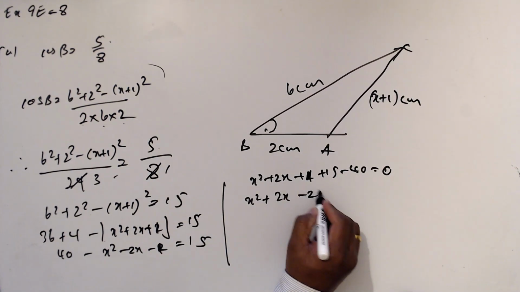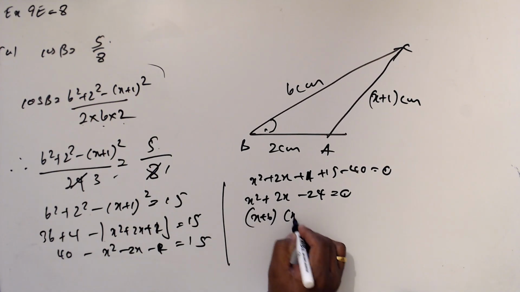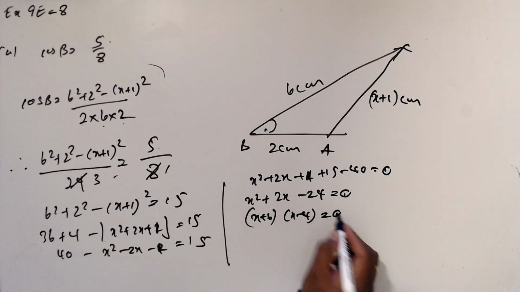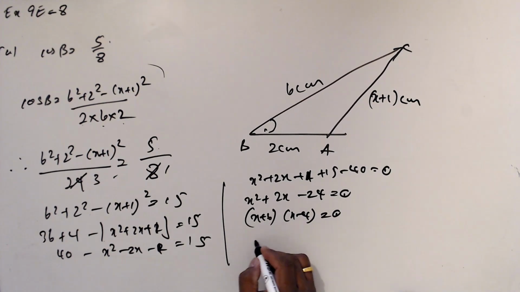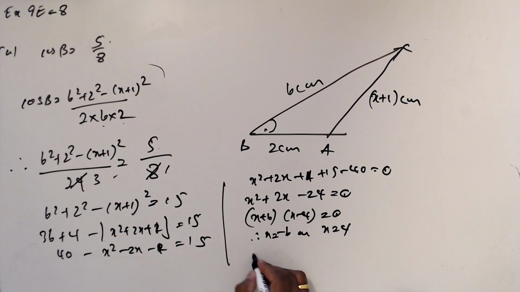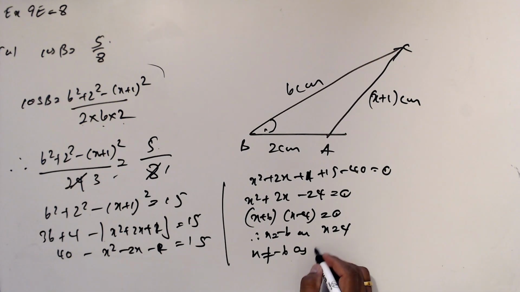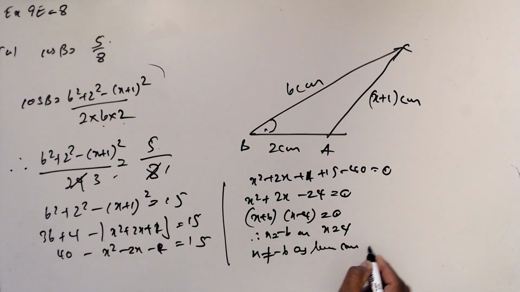Minus 24 equals 0. Then (x plus 6)(x minus 4) equals 0, hence x equals minus 6 or x equals 4. So x can't be minus 6 as length can't be negative,